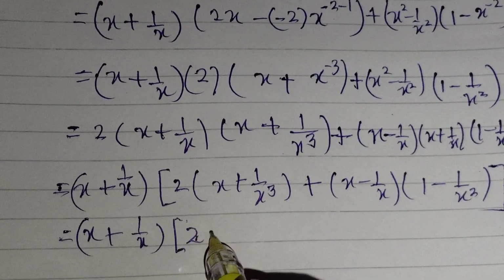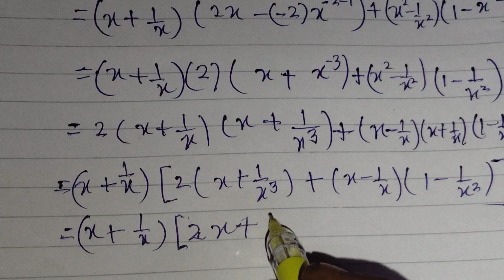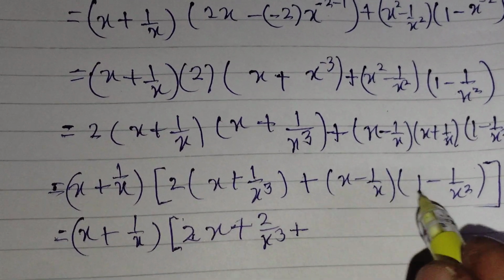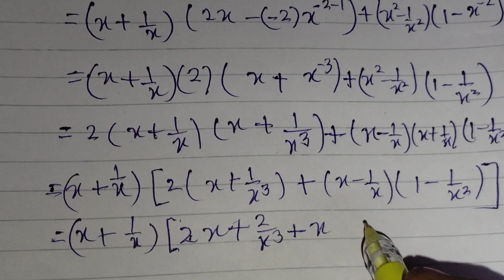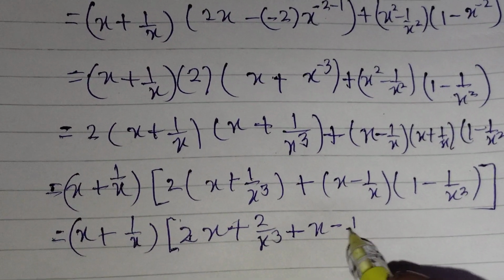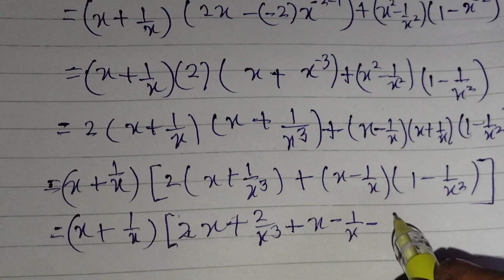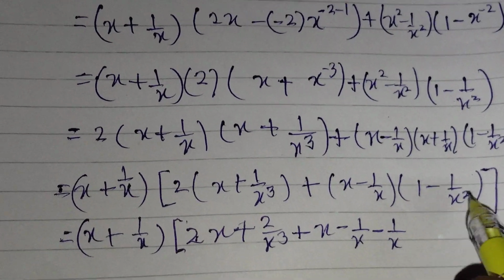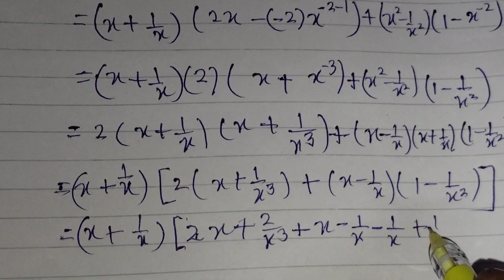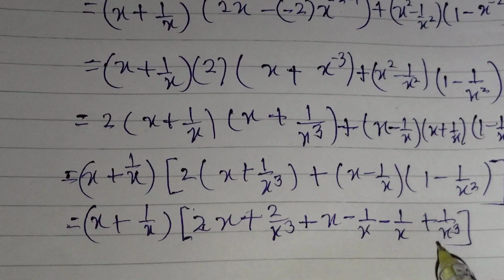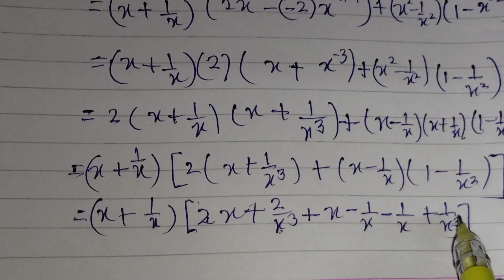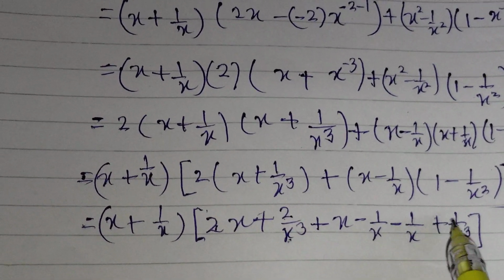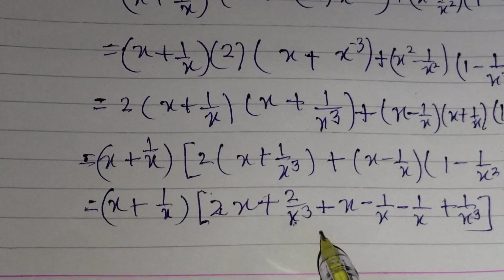So after multiplying we get 2x, then 2 upon x cube, then x multiplies with 1 we get x, x multiplies with 1 upon x square we get 1 upon x, then minus 1 upon x multiplied with 1 we get minus 1 upon x, then minus 1 upon x multiplied with minus 1 upon x square becomes plus 1 upon x cube. So there are like terms: 2 upon x cube and 1 upon x cube are like terms, so taking LCM x cube we get numerator 2 plus 1, that means 3 upon x cube,